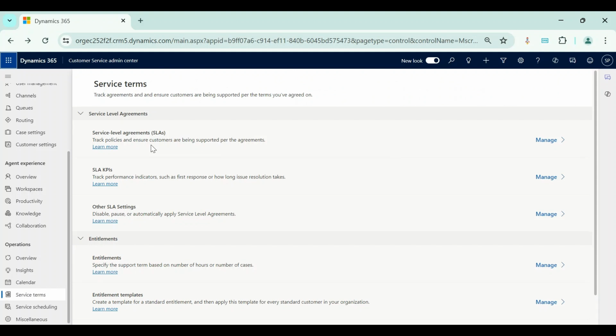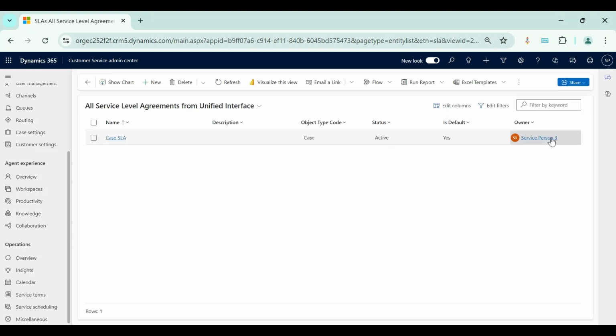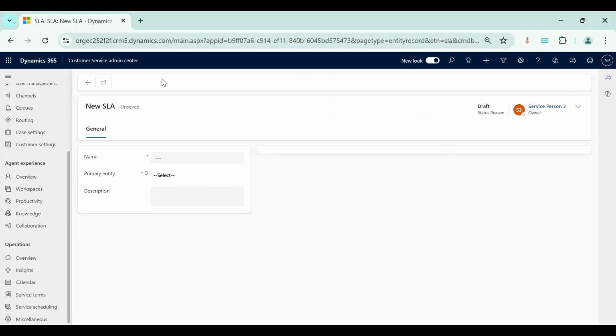Now we need to go to Service Level Agreement, SLA. Okay, here is where we need to create the SLA, and an SLA is also already active, but we will not use this for our demo. We will create a new SLA KPI. Sorry, we will create a new SLA. Okay,